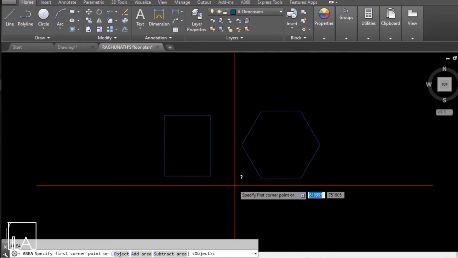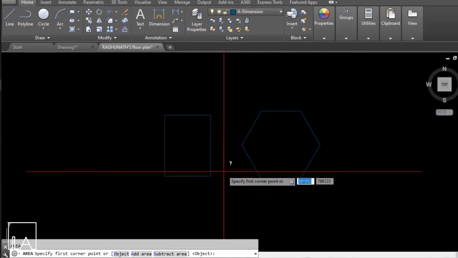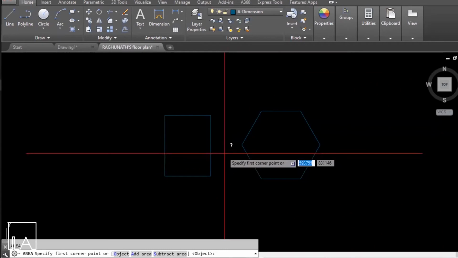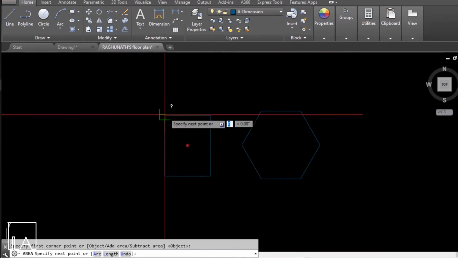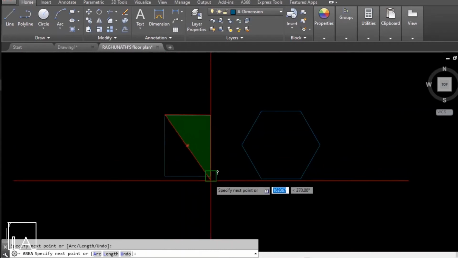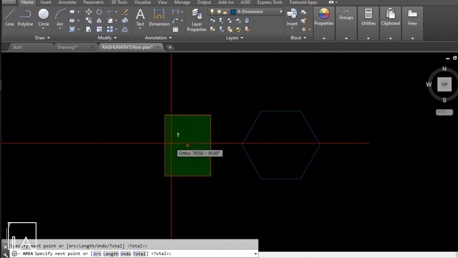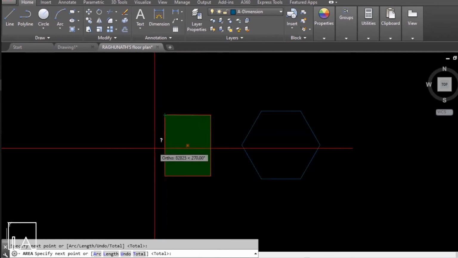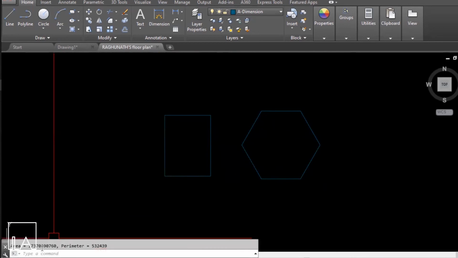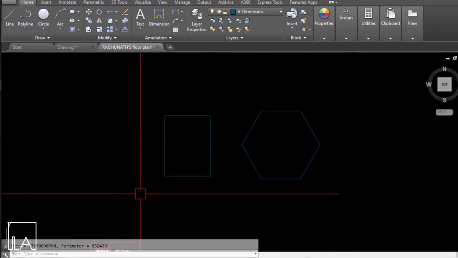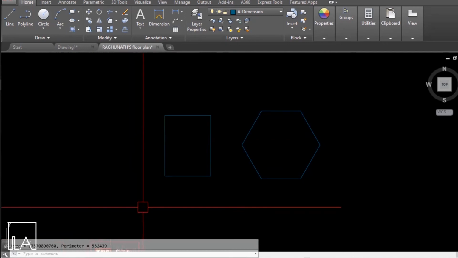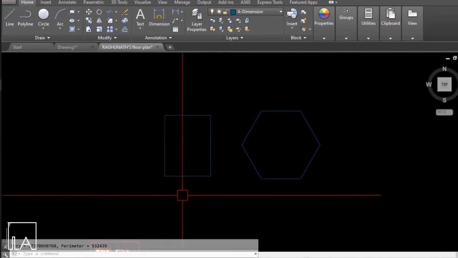The second place is where you do your object selection and then calculate the area. So the first type is we specify the corner points. Click on the first point of your object and then just specify all your corner points and end it where you started and then give enter. Now you can see the area of your object in the command line over here along with the perimeter. It is giving me the area in square millimeters because the units of this file is millimeters. So this is the first way of calculating the area of your object.